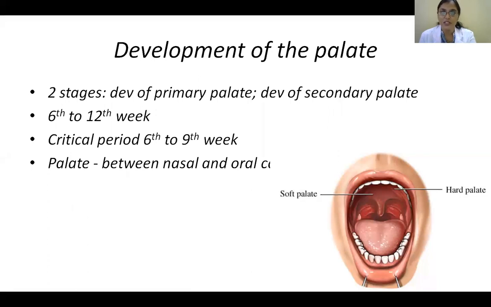But what is between the nasal cavities and the oral cavity? There's nothing. So if the baby drinks, it will be going out from the nose if the baby is born like that. So there's something that should separate it, and that is the palate. So in gross anatomy, you'll study about the palate. So there is a hard palate. So when you touch it, you can feel it hard. So it's a hard palate.